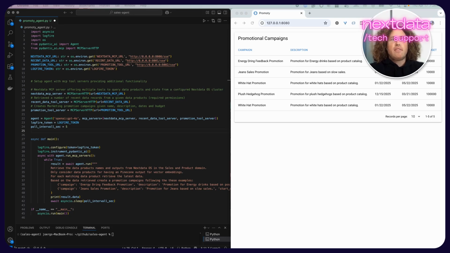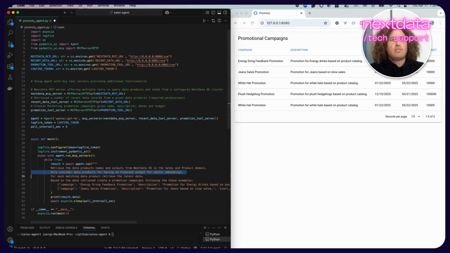Here we have Promoti and GenAI agents observing the sales information available in the mesh and identifying potential promotional campaigns. Promoti's task is fairly simple. It continuously checks for all data products with sales relevant data in the product and sales domain. And we are checking for a specific criteria here, which is a vector embedding output, so it is easily consumable for GenAI agents. Next, it will retrieve the recent data samples for the matching data products and then suggest promotional campaigns.